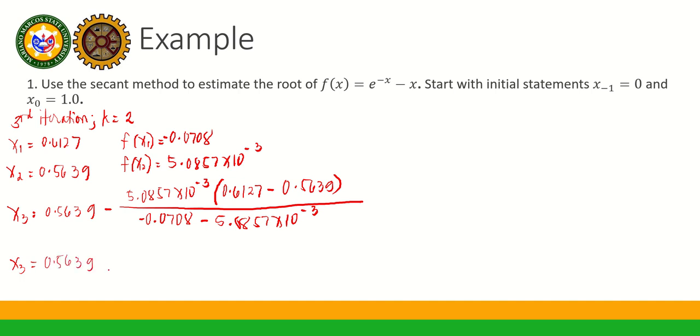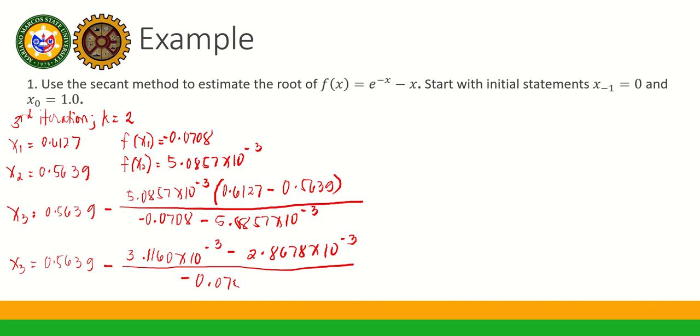0.5639 minus 3.1160 times 10 raised to negative 3 minus 2.8678 times 10 raised to negative 3. So, distribute natin to dito. All over, we add this one that is negative 0.0759. So, our x sub 3, computing for that one, will be